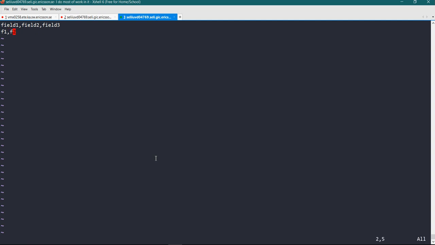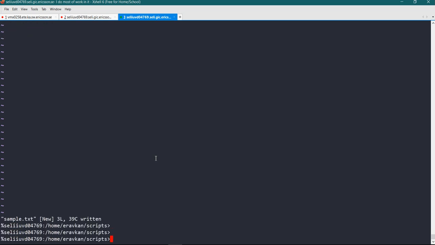Okay, now let me remove this first. This is my file. There are 3 fields in my file, and all fields are separated by space. This is s1, s2, s3. Okay, so this is my file.